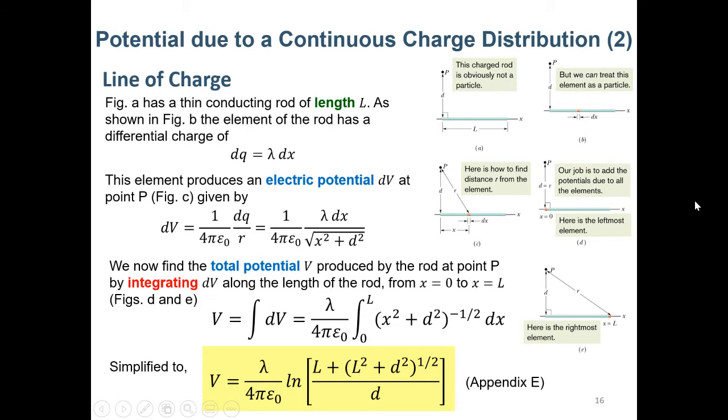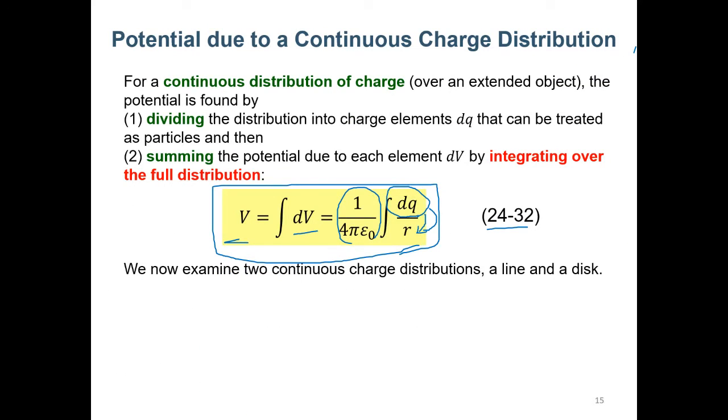Okay, let's continue. Yesterday we stopped here, and after we discussed how to calculate the electric potential due to discrete charge,